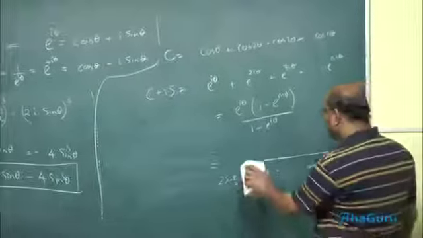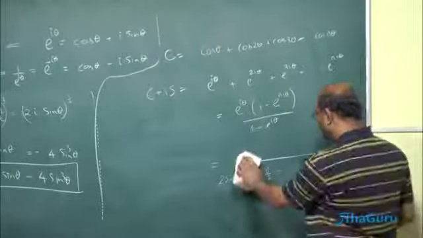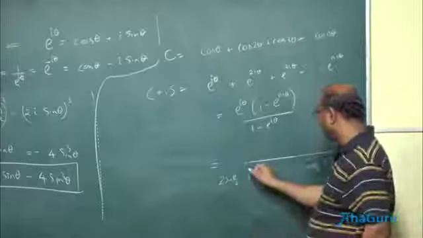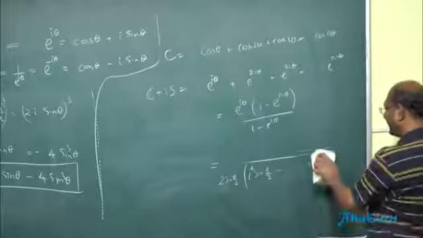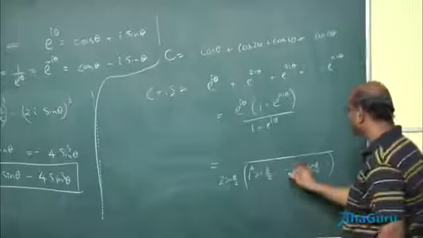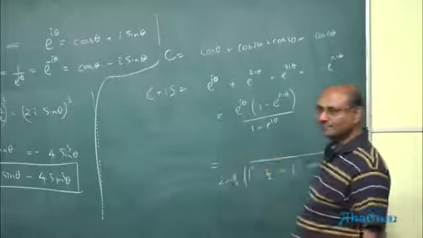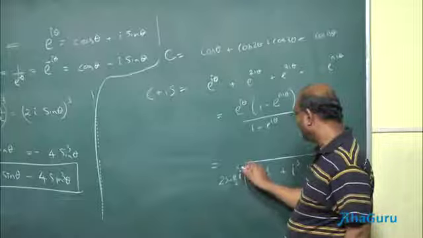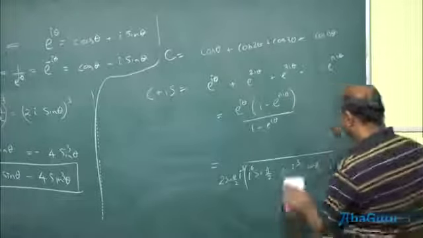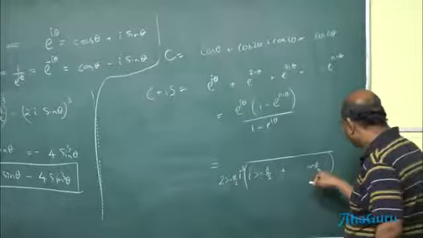In fact, let us do something even cleverer. This was 1, no? Why don't we call it i power 4? And then this is minus i, so we can call it i power 3. So take the i cube outside. i cube is minus i, but we will just call it i cube for now. You don't have to do all this, you could have just done it as proper stuff. But look at what is this?